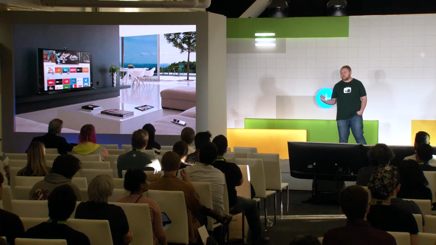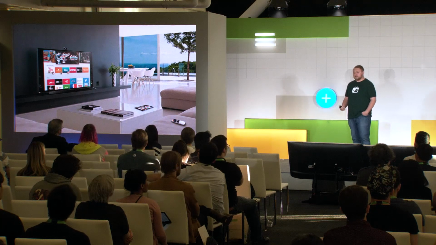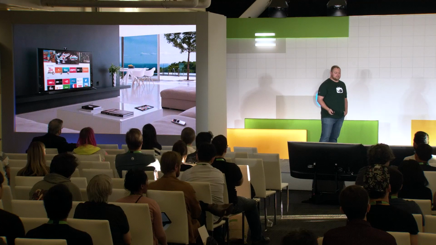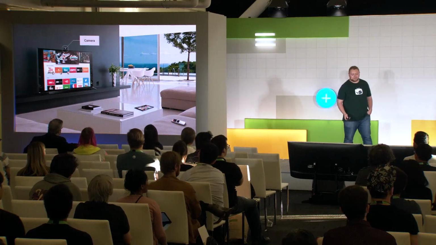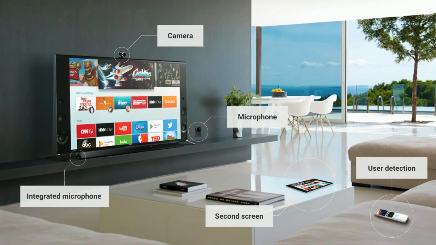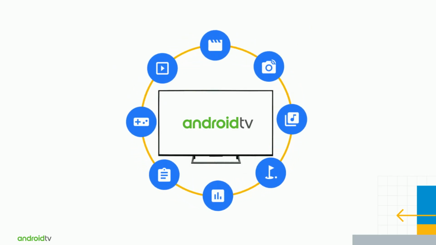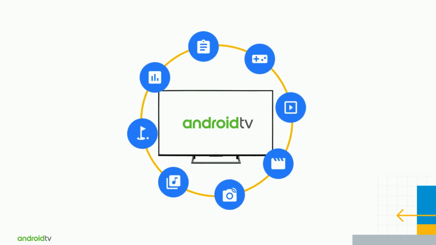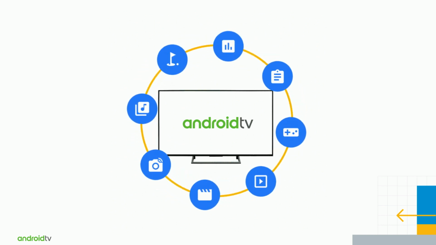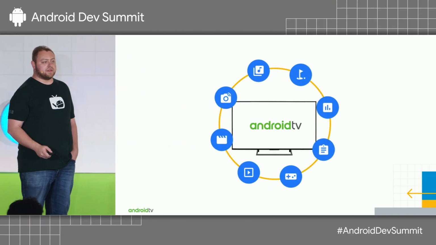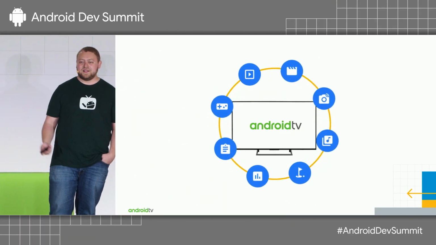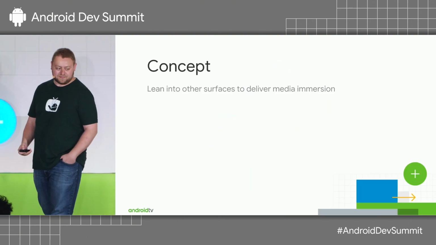Here we have another living room, a very beautiful living room. I wish it was mine, but it's not. But if we look closer, you'll see a camera, microphone, tablet, phone, and then as you start to think about it, the TV is the centerpiece of a living room. There's so many devices around. You don't have to just do stuff on TV. You can tap into everything around the living room. That's why I love Android TV. It's like the focal point of everything that's happening.